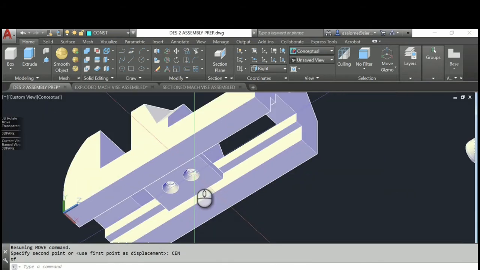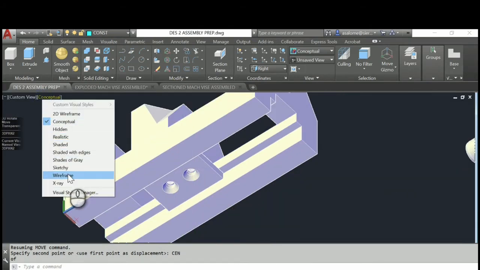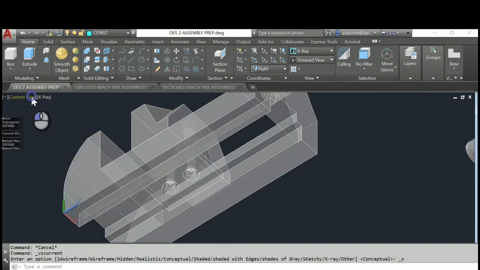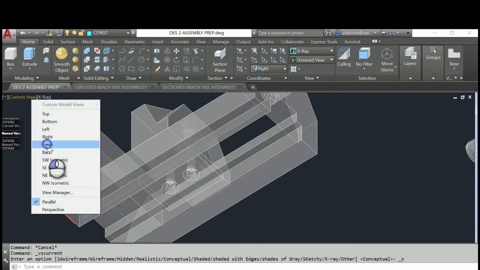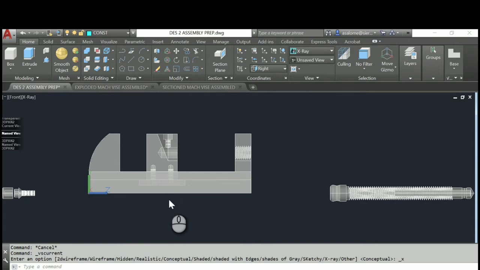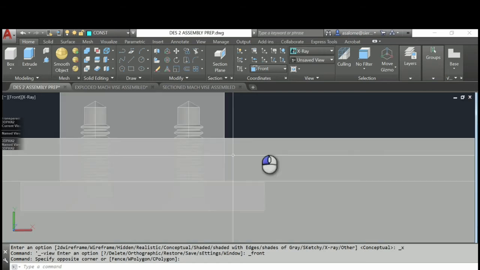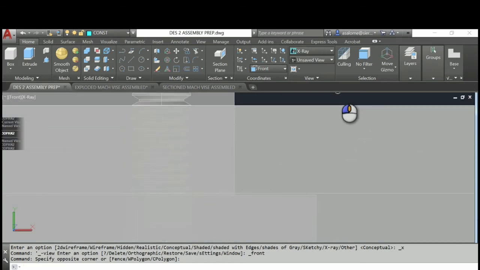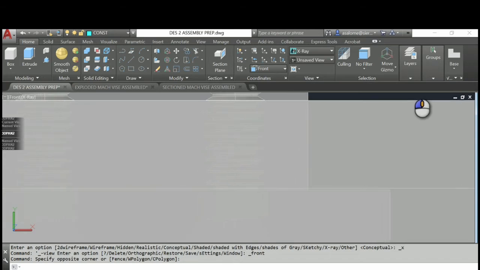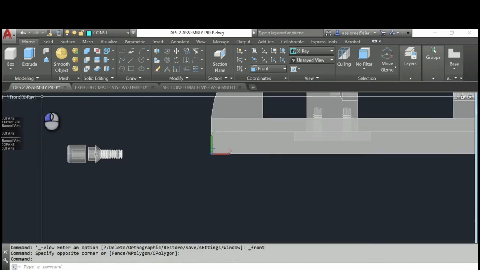Okay, and again, I'm going to go to X-ray, and I'll check both the front view and I'll check the side view. Okay, so those are lined up, and I'll check the right side view.